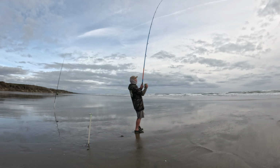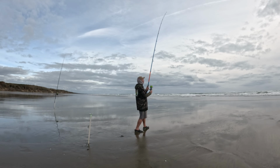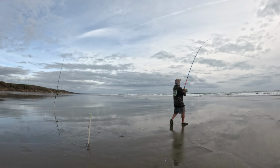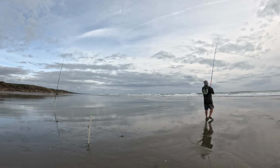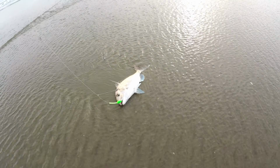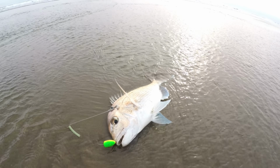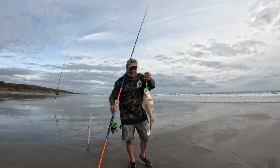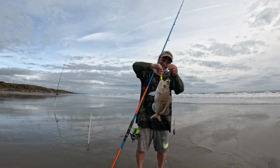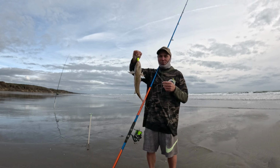Oh, I think it's snapper, guys. I think she's a snapper. Yeah, boy. And she'll be a keepy, this one. It's snapper time. How's that? Not big? Yeah, how's that? He just came along and grabbed it when I was trying to put the rod in the holder